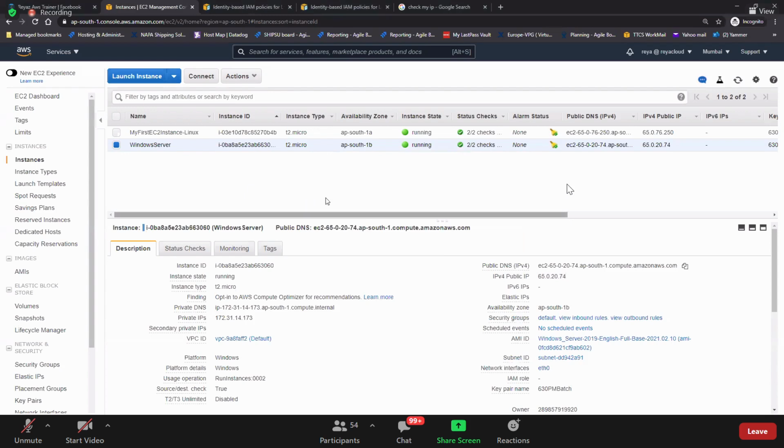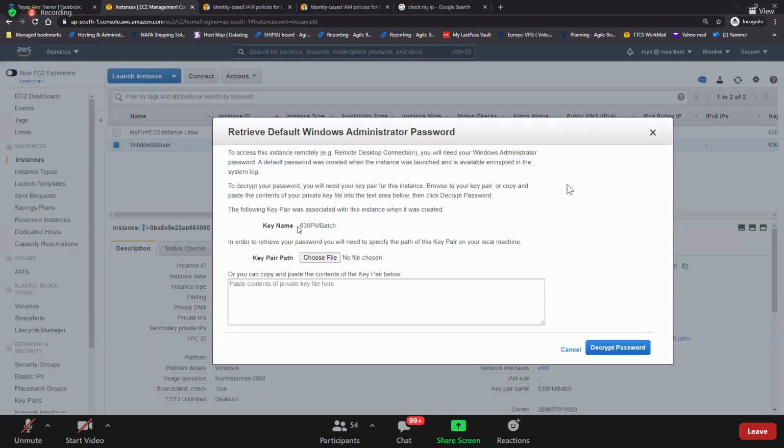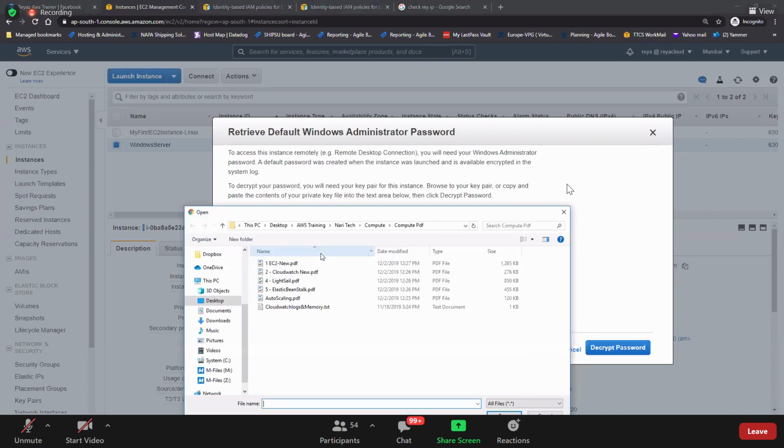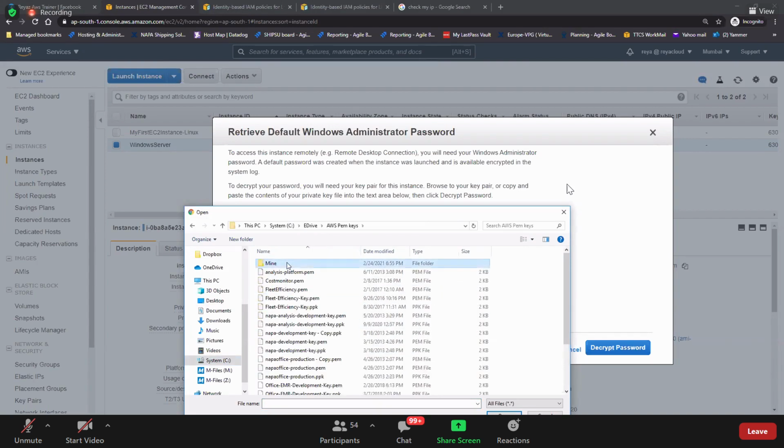And how to retrieve the password? Right click, get Windows password. And see, if you right click on get Windows password, it is asking for your key pair. Choose the PEM file we have created.